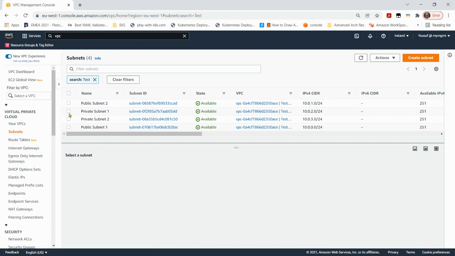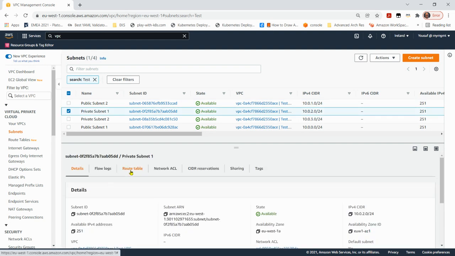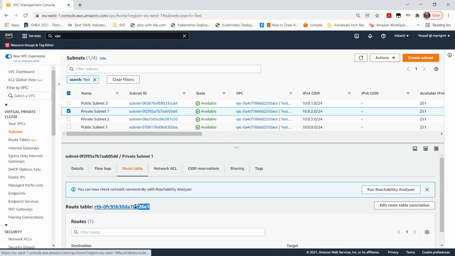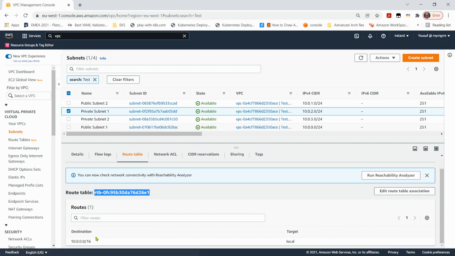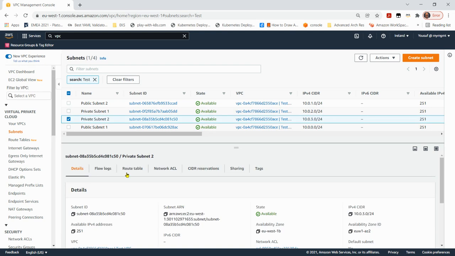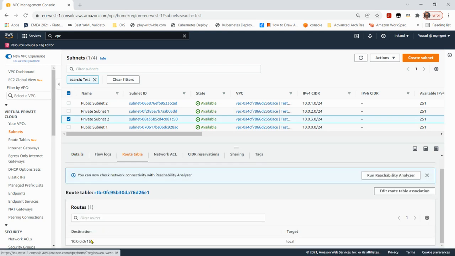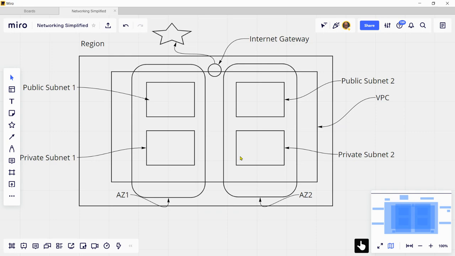But if we pick up the private subnet one and check its route table, it's associated to the default one, and that means they only have one local route. They cannot communicate with the internet. They can only communicate locally, the private subnet 1 and the private subnet 2 as well. So now we can say that, yes, we do have 2 private subnets because they don't have a route in the routing table that points to the internet gateway, but we do have,